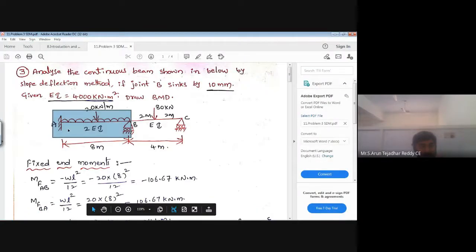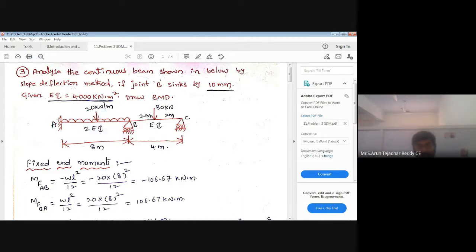And that is acting on the right side. If you take the left side, is there any member acting on the left side? No. A is our joint. On the right side one member is acting, A to B, but we don't have any member on the left side. A is a joint only, and only one member is acting.